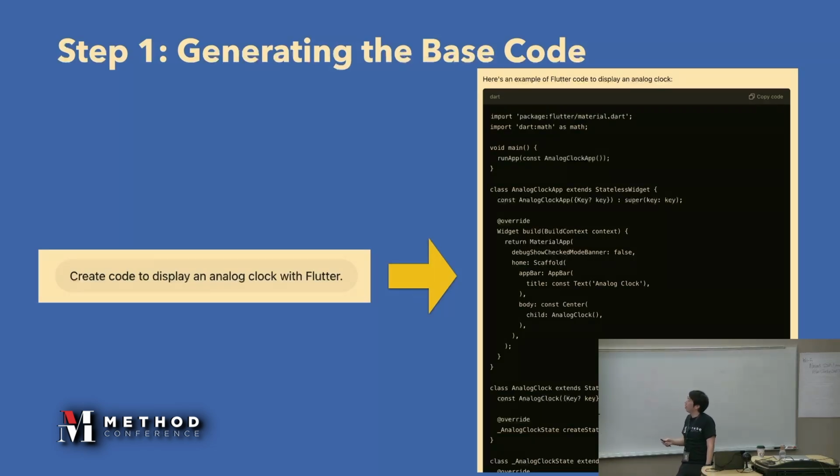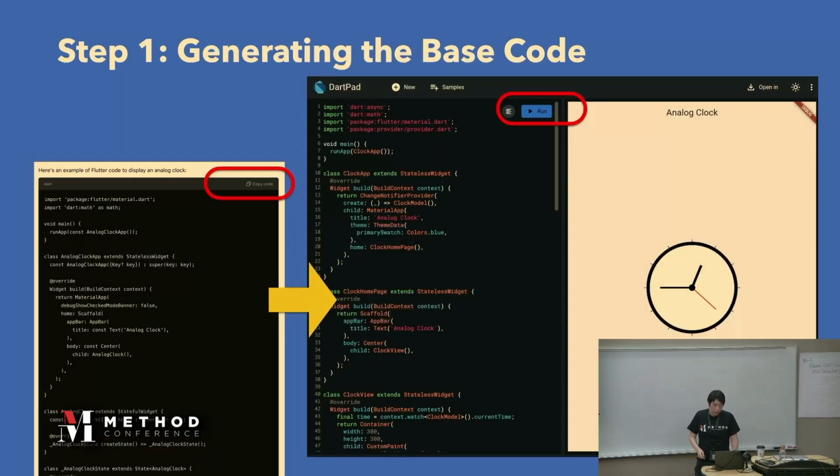After waiting a minute, the code will be generated like this, and just push the copy button, go to that tab and paste the code, and just tap the run button. We can easily run this analog clock app.